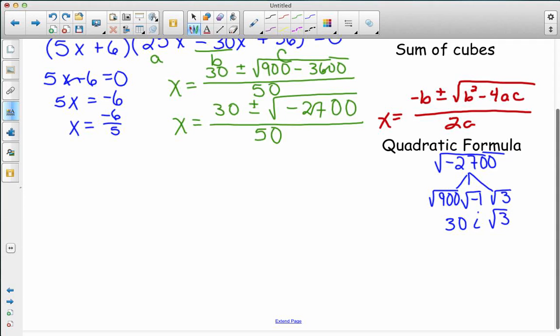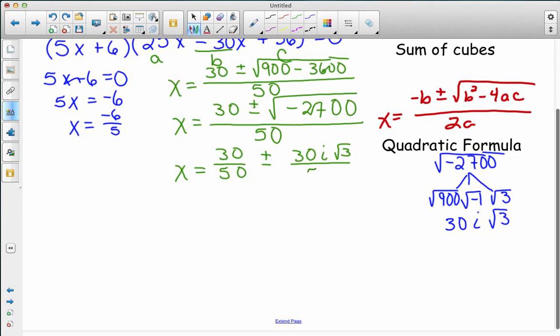So what I know is that x equals 30 over 50 plus or minus 30i times the square root of 3